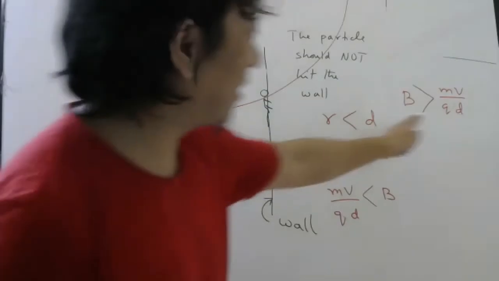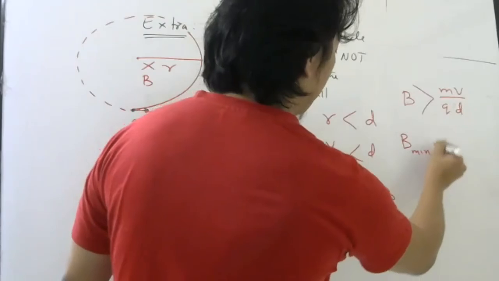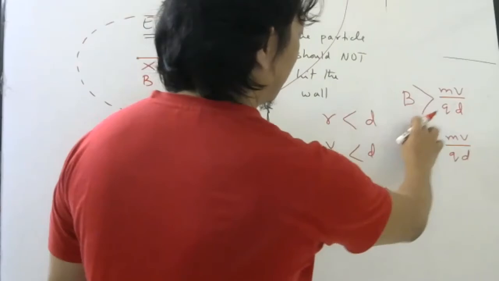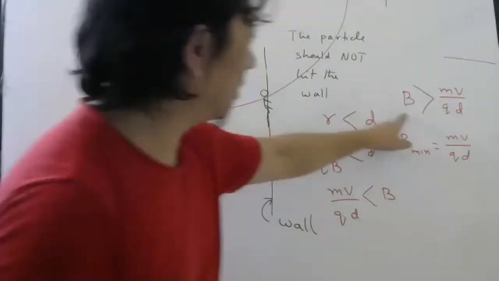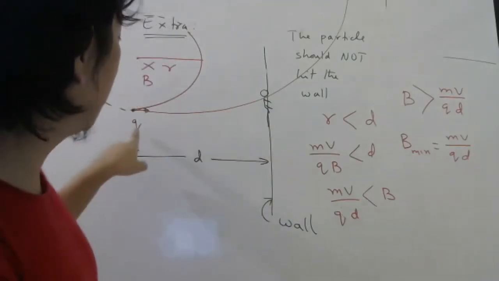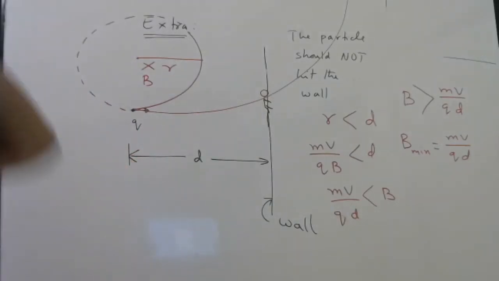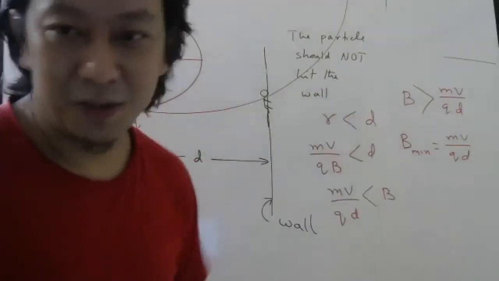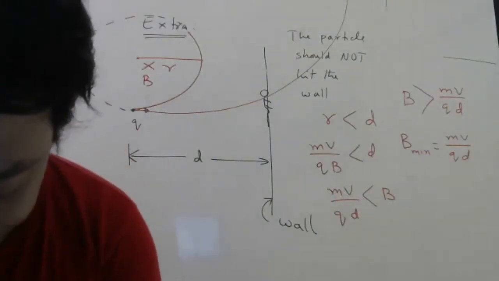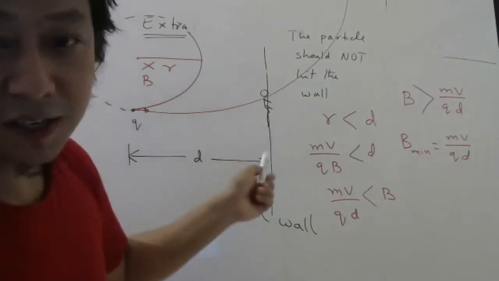Okay, so this much magnetic field. If they ask what is the minimum magnetic field, the minimum magnetic field is this. If a number should be greater than 60, then you can say 60 is the minimum value in order for this particle not to hit the wall. So very interesting question. I really like this question very much, so I wanted to share it online instead of offline. Okay, let us continue with question number 4 now. Everybody understood, right? Simple question.